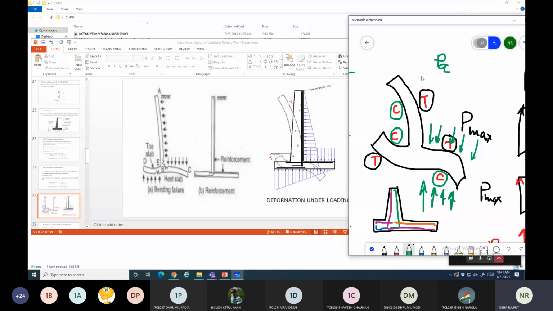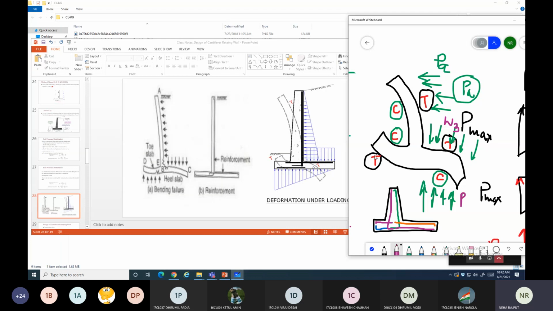So stem के लिए आपको कौन सा force मिल रहा है for the deflection? The stem is deflecting due to active pressure. stem deflect हो रहा है active pressure की वजह से. Heel is deflecting due to this soil mass. यहाँ पे जो ऊपर जो soil mass है ये W3 वाला soil mass है, and this pressure value from the bottom, the uplift pressure, that will lead to the hogging deflection of the heel.